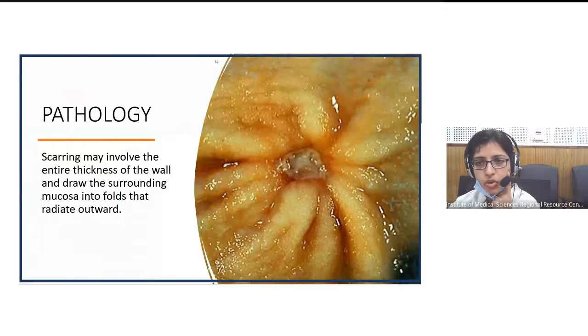So this is the photograph. Here we have the ulcer and we see all these folds radiating out. They are basically reaching up to the margin of the ulcer. You get these because here at the base there has been a lot of scarring, and when fibrosis occurs, contraction takes place. Because of that contraction, all the folds are pulled in toward the center, and it appears as if they are radiating out.